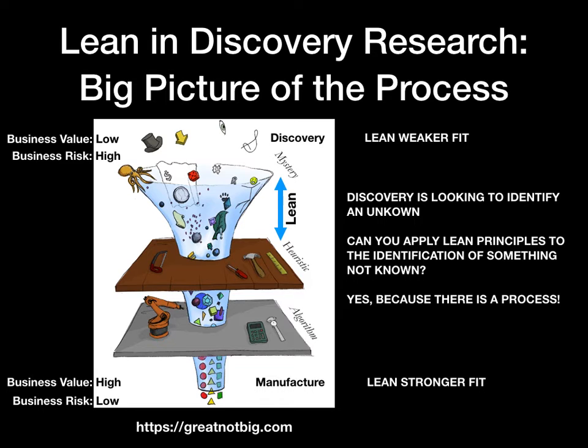To give a little background or context around where we're applying Lean discovery applications, or Lean in discovery research, you need to see the big picture of the process. One big picture is from discovery to manufacture. You have what are called zones, and the first is mystery. This zone is where you have questions and you don't have answers. As you do experiments and move forward, which is part of the vertical process we'll talk about next,